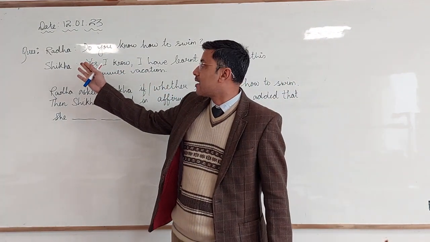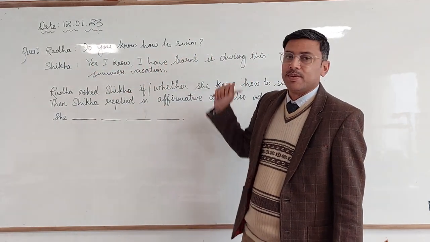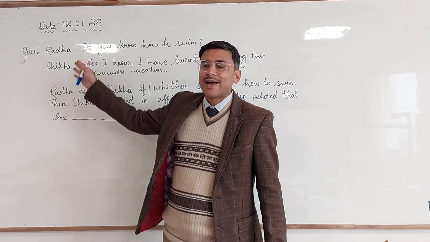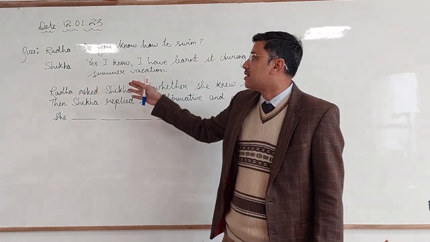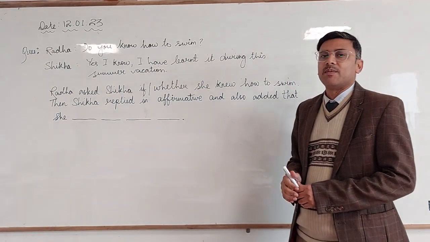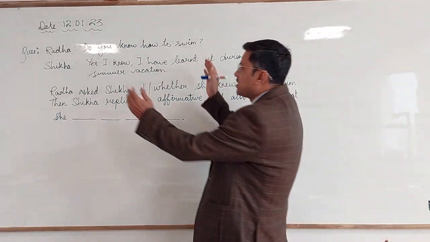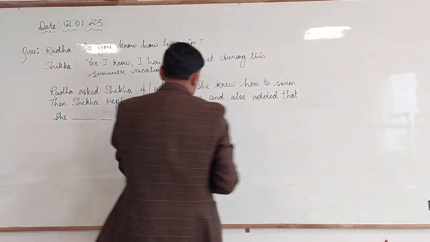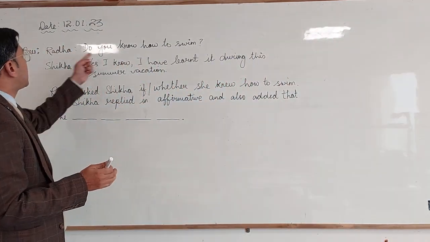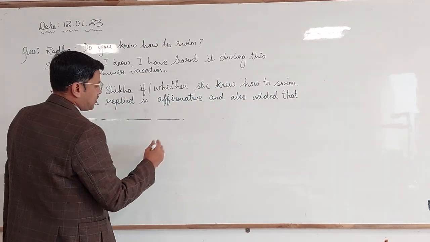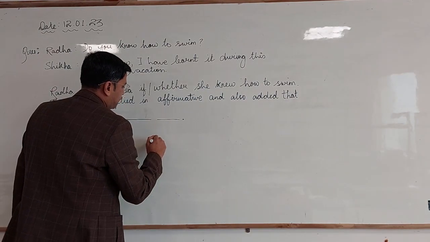The question says, Radha, do you know how to swim? The next part, Shikha: that means there are two characters who are speaking to each other. Yes, I know, I have learned it during this summer vacation. Now let us take this part of the sentence and let me rewrite this over here on this side of the board. It says, do you know how to swim? Now, if I put it like this,